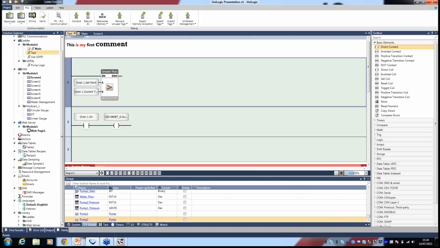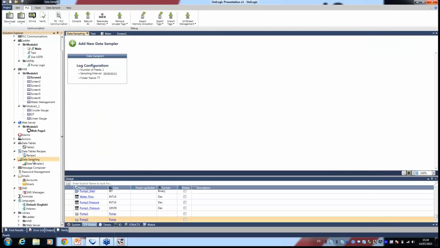Ophir, can you show us these tools? So we can find the data sampling again in our Solution Explorer. Let's say I want to take samples from my pump pressure. I just need to add a data sampler,